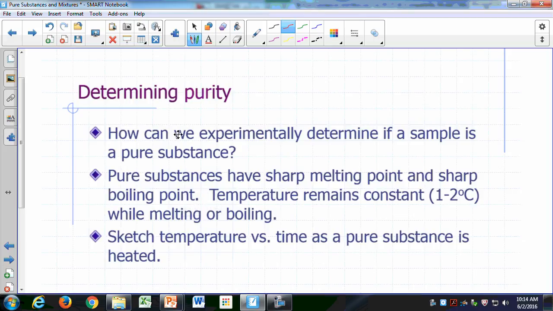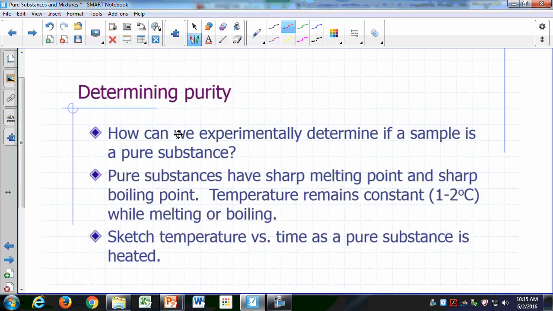So a pure substance can be homogeneous or heterogeneous. It's typically homogeneous, and a mixture is typically heterogeneous, although it can be homogeneous. So by just looking at a sample of matter, you can't really tell if it's pure, made up of just one substance. So there's a more definitive way of determining whether your sample